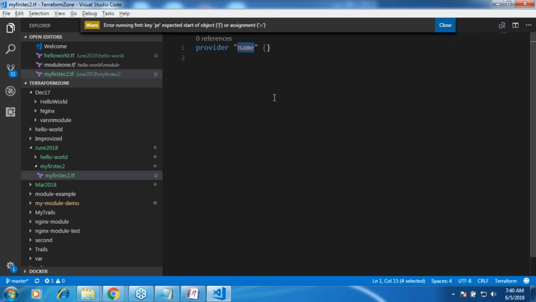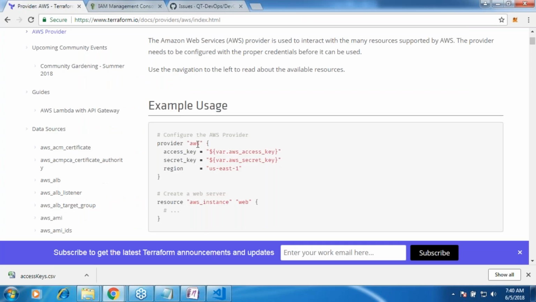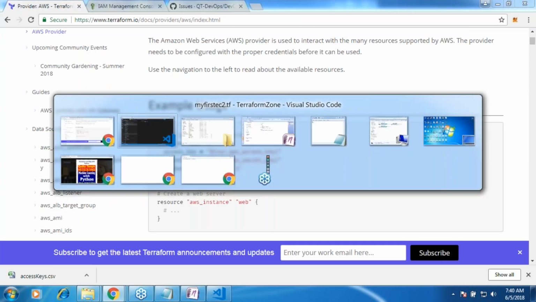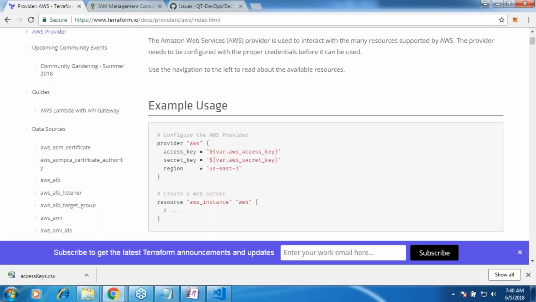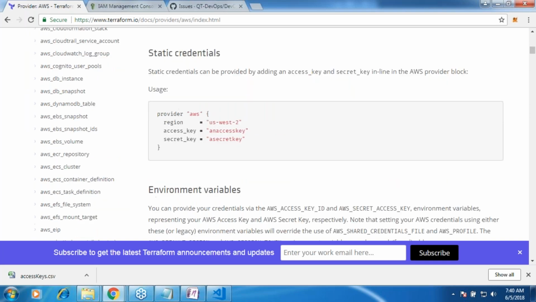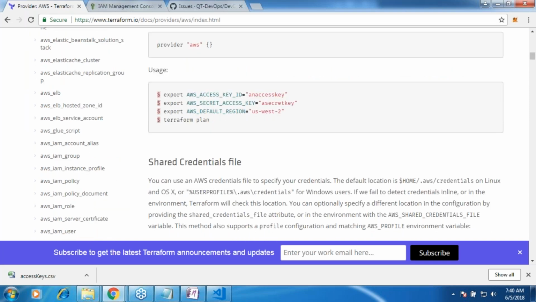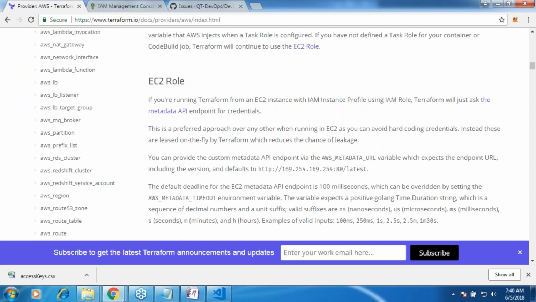Okay, so provider. We have gone into this documentation, and over here I am seeing AWS. So I'll write AWS. Since I don't know how to use variables or anything yet, I will be hard coding. So in provider AWS, if you come down, it will give you the complete syntax, what the different things are which you can put and all of that stuff. There are different ways of solving this, I'll not be getting into all of this. I'll be using a very simple way, which is